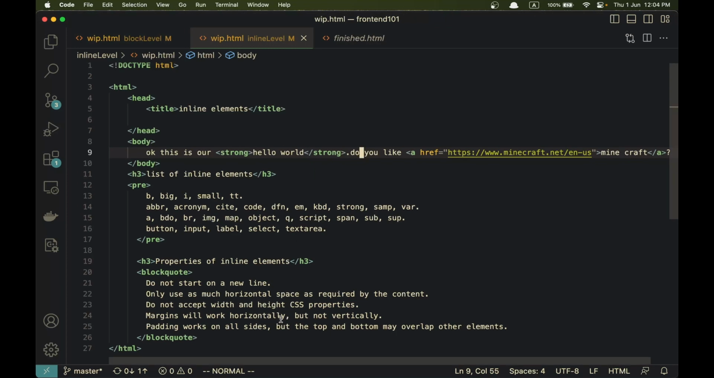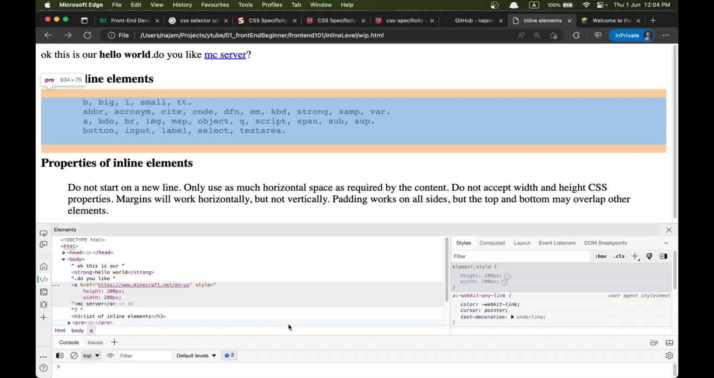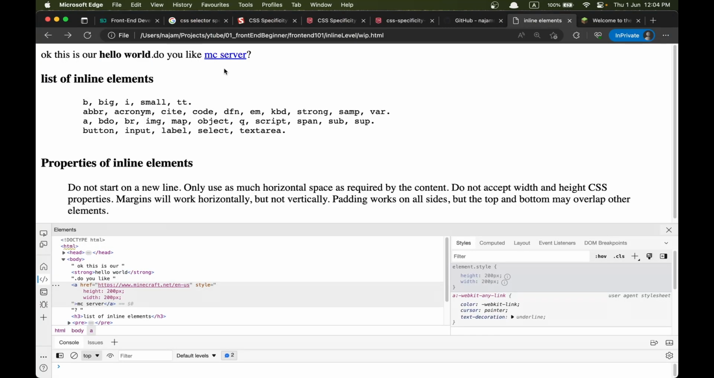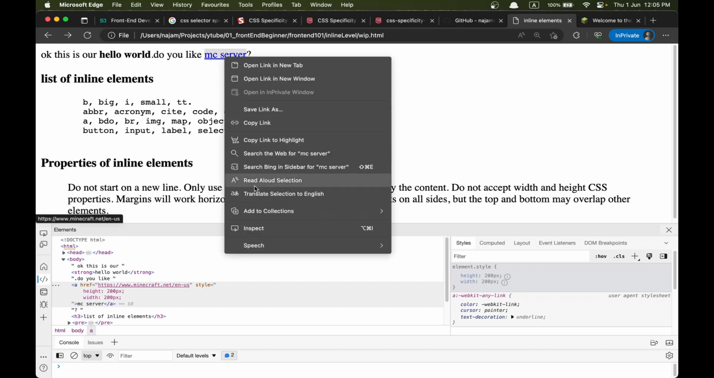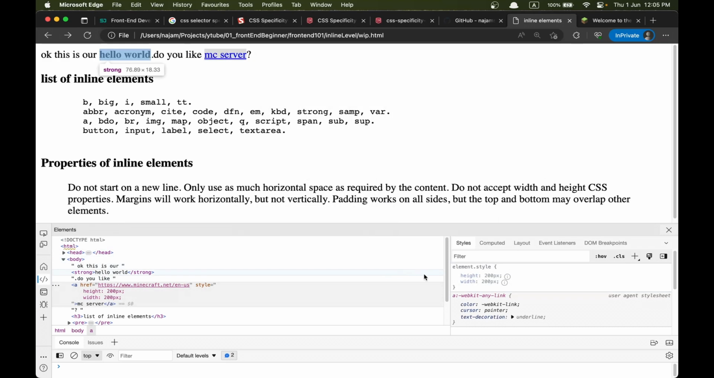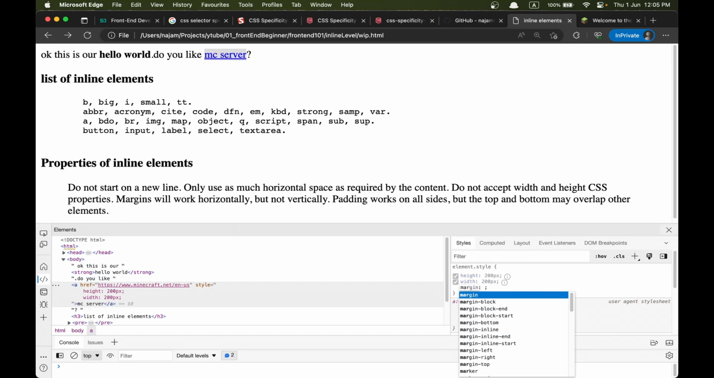Margins will work horizontally but not vertically. Why horizontally? Earlier we were doing horizontal spacing using NBSP, a few minutes ago. But what we can do, if I come to this hyperlink and I say margin left, I want space on the left